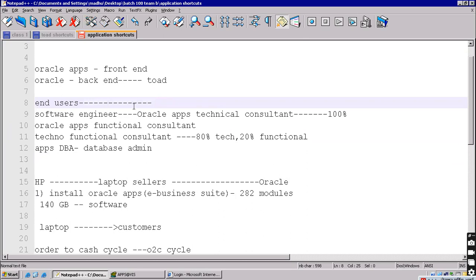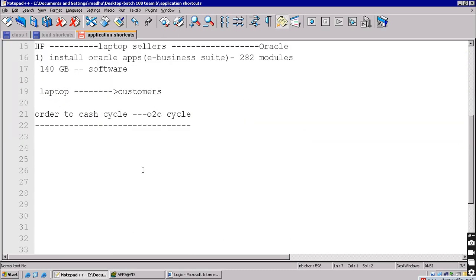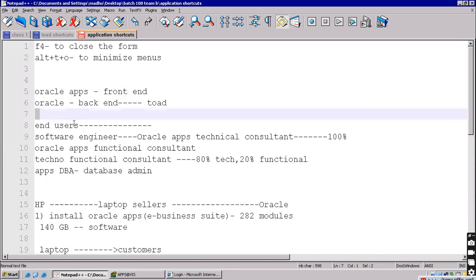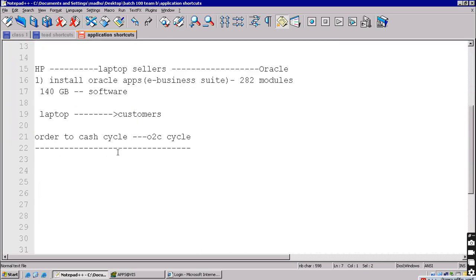After developing a component, testers will test that. So one set of people, whoever enters the data, those people are called end users. Now I'm explaining the end users flow: how they will enter the data, what sort of data they will enter. So first is here,